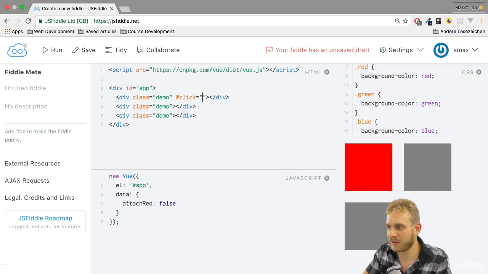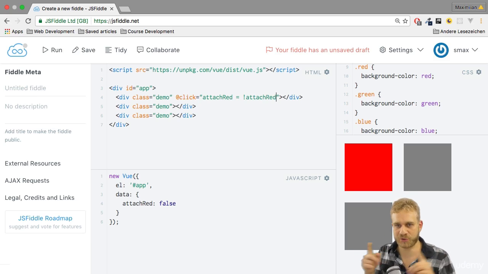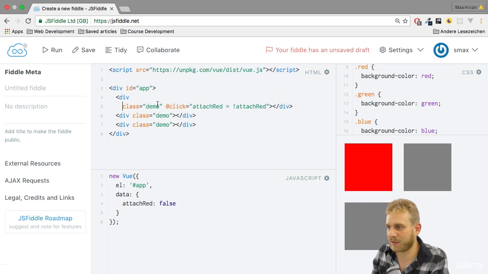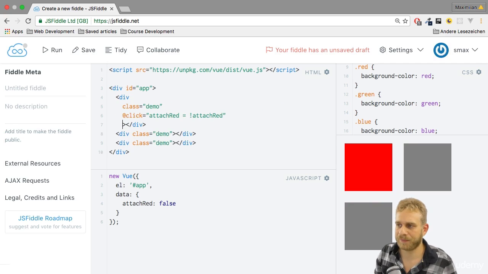Upon clicking on it, I want to set attachRed to what it currently is not. So to the opposite. With this exclamation mark, I'm basically switching it from true to false and the other way around. Now, this is nice. I'll just split this up over multiple lines so that it's easier to read, but that alone won't do anything as of now. In order to conditionally attach a CSS class, I need to bind to the class property here,